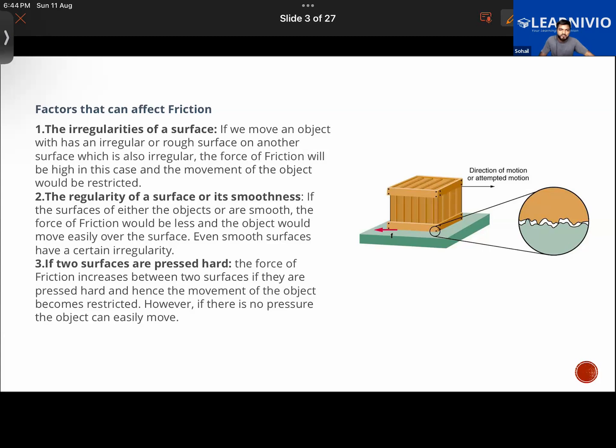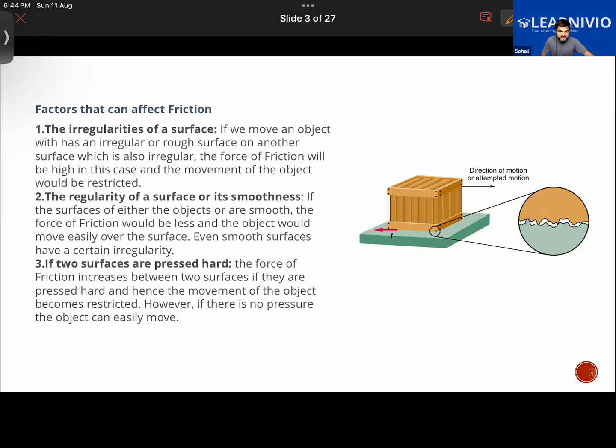If the irregularity of the surface is more, the friction will be less or high? High. So if the roughness of the surface is more, more friction will be